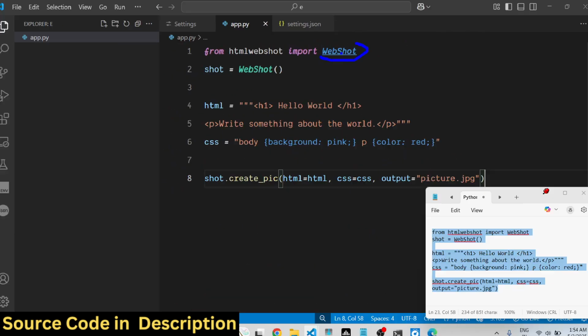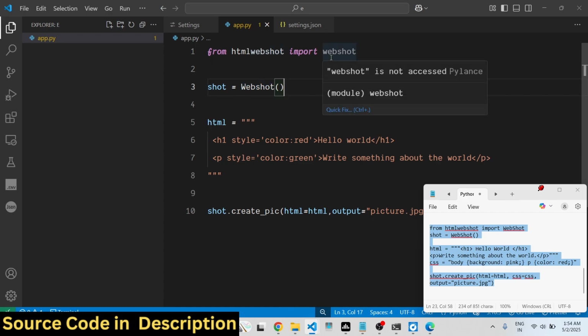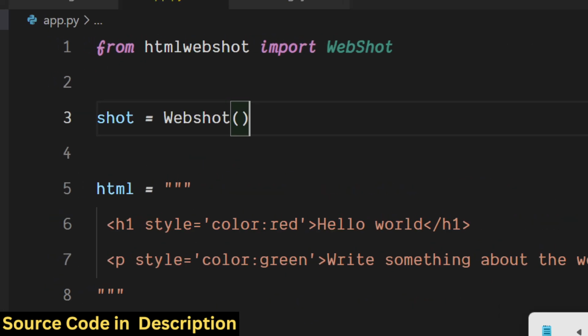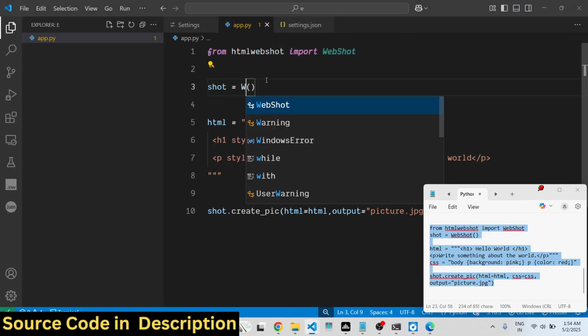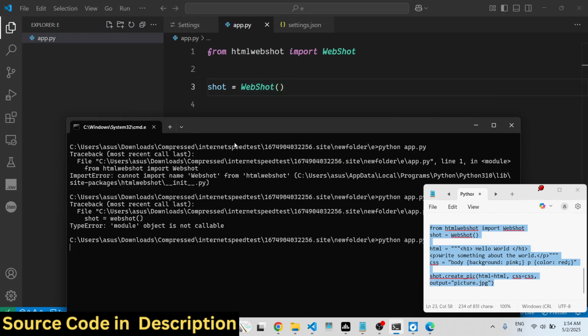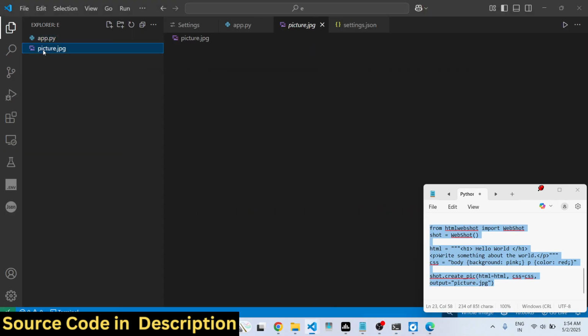Sorry, I was making a spelling mistake. W is also capital, and S is also capital. So just make sure you do this where S is also capital. Yeah, so now you can see, again just do this. It will now create this file here, picture.jpg.